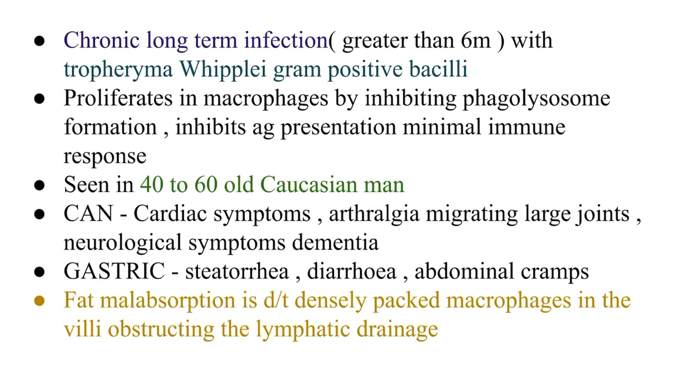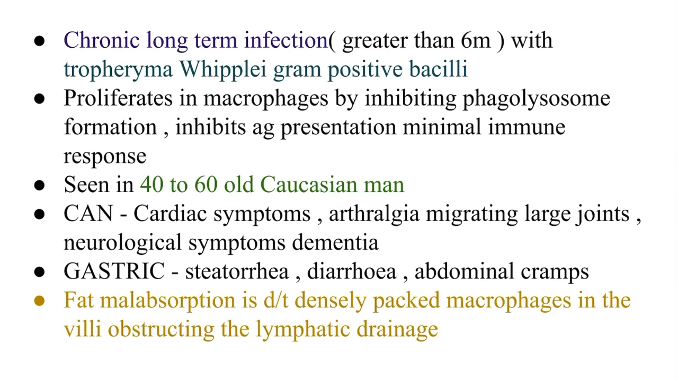Thereby macrophages cannot ingest this bacillus because it is inhibiting the phagolysosome process, and it also inhibits the function of the macrophages, which is usually antigen presentation to the antibody. That is also inhibited, so there will be minimum immune response. It is seen in 40 to 60-year-old Caucasian men, European men with white skin,